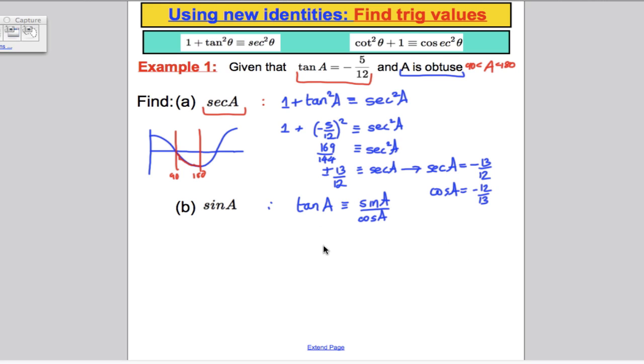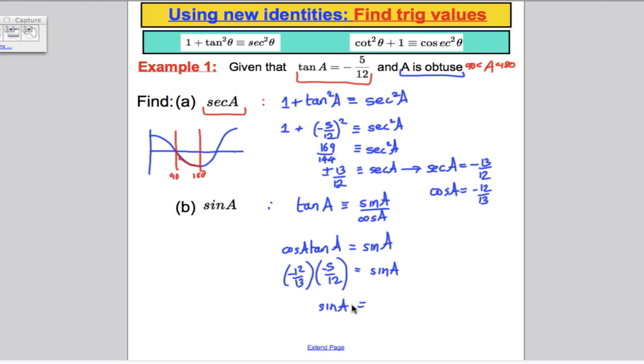So if we want to find sine A, rearranging this formula, sine A must be equal to cos A times tan A. We know cos A is -12 over 13. We know tan A is -5 over 12. So the answer we get for sine A is therefore equal to